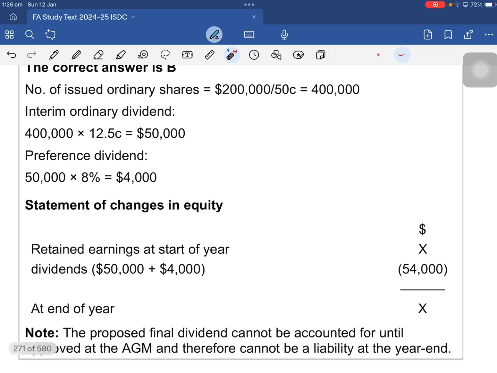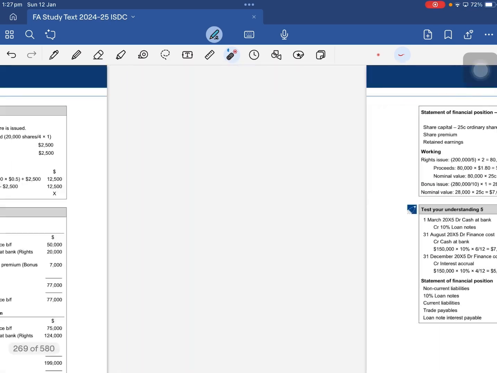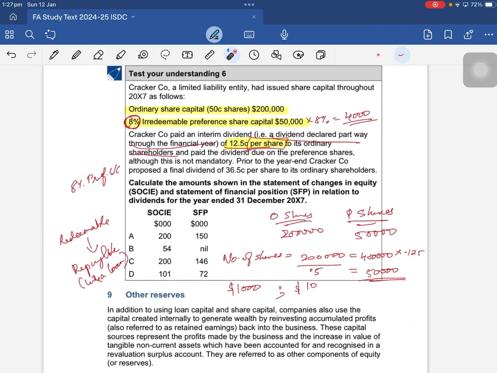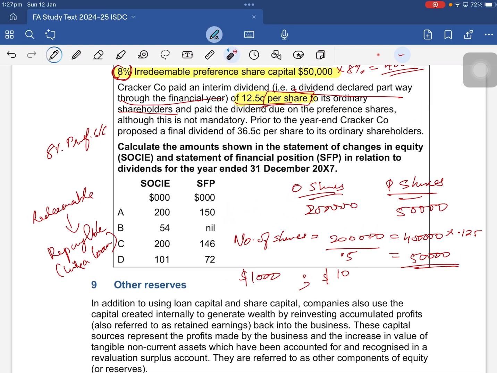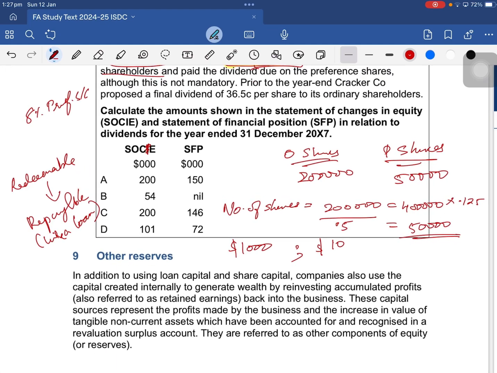Okay? So we don't know how much the retained earnings is for the balance. But we are going to pay off 54,000 in the current year as dividends. Understood? Clear, no? So that is all you need. So from the SOCIE, you're going to take 54,000 off. Okay? What is an SOCIE? A statement of changes in equity. SOCE. We studied, right? On the formats. Yeah, statement of